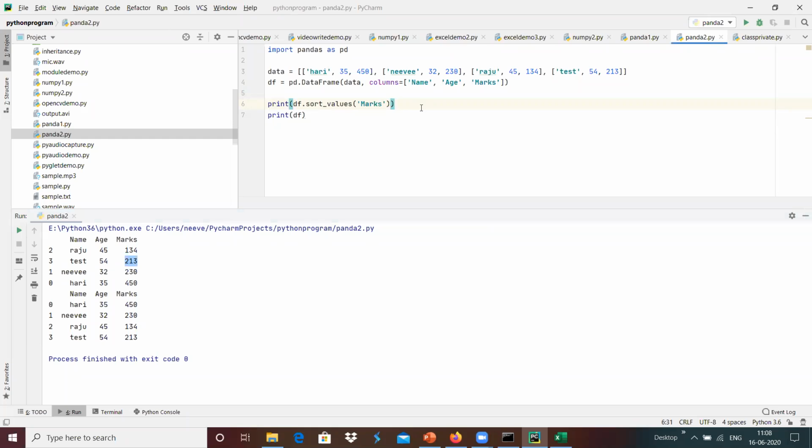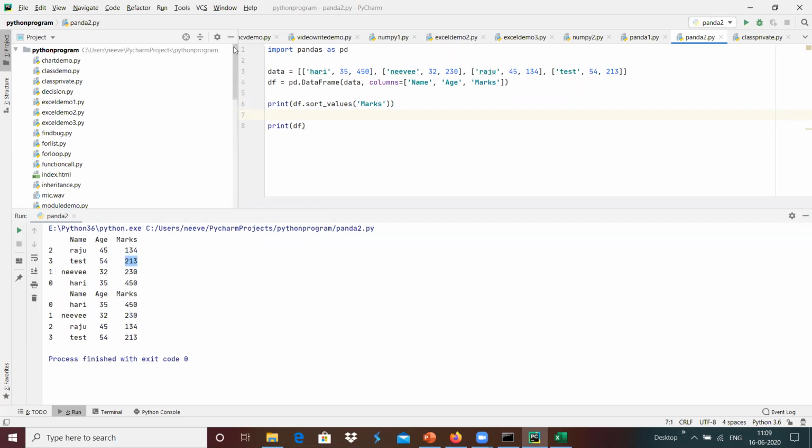In a similar way we can do this by loading our Excel sheet over here. We can add that data into this, and we can do that accordingly. We will see how we can create a data frame over here.